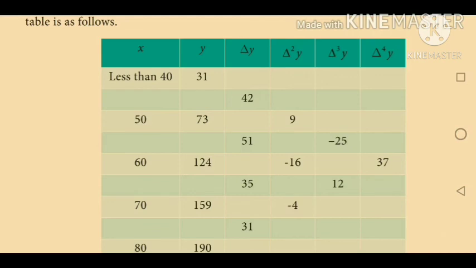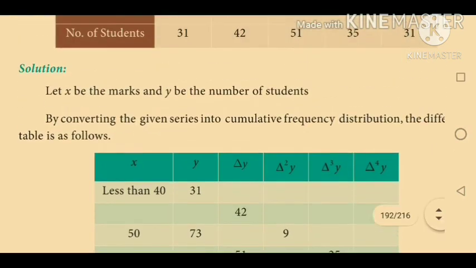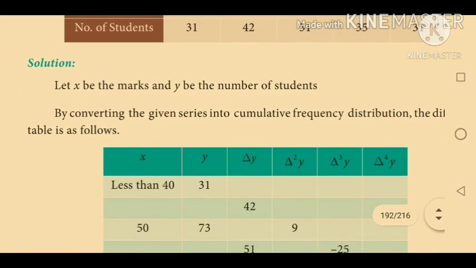Okay, here there are two methods, one is graphic method and another one is algebraic method. In graphic method it is very easy. If you plot the points in the graph, then you get the value of the other variable. Okay, so this is the way you have to do the sums.